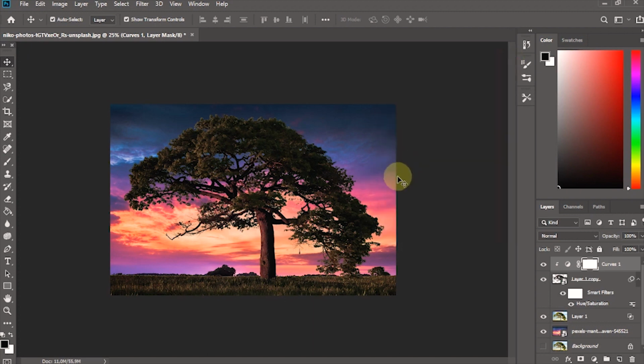That's how to select difficult areas on photo, remove the background, and change it to make look